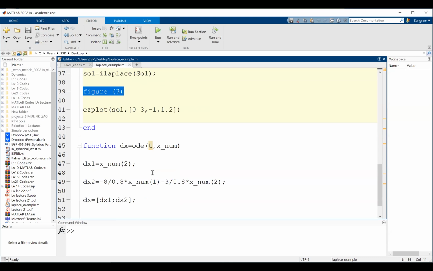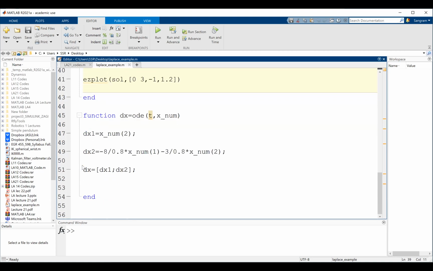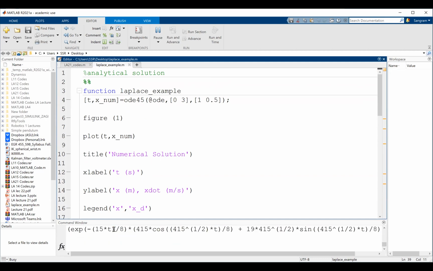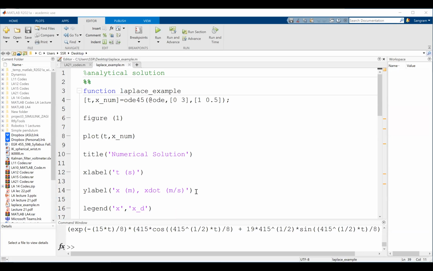And the last part is where we solve the same expression numerically. When we solve it numerically, the differential equation needs to be written in state space, which we talked about in last class. So you have the derivative of displacement, which is the velocity. The derivative of velocity is minus k divided by m times x minus c divided by m multiplied by x num2, which is the velocity. So you can run this code and it will find these solutions,